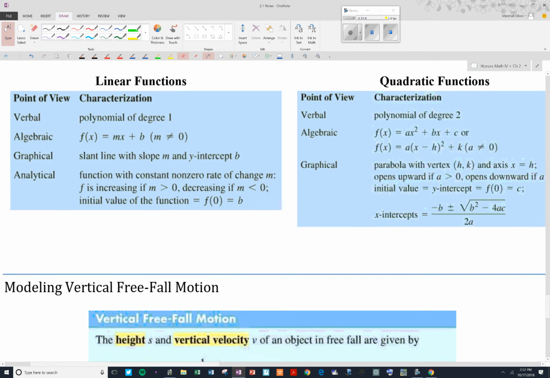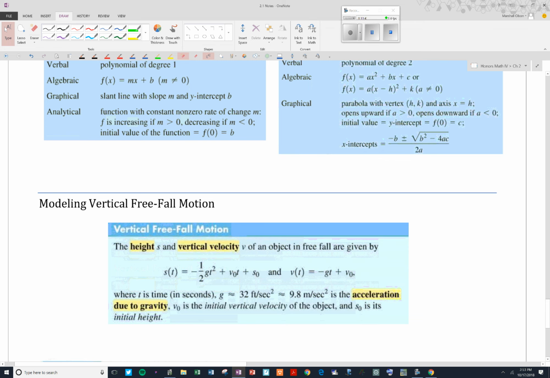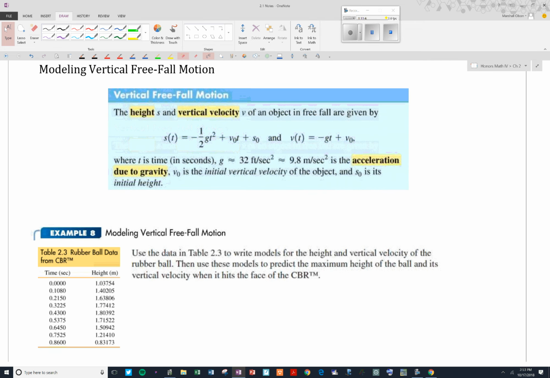On the back side here, I just put a couple things from our textbook that you should know. One thing that we haven't done any examples with in this section is the quadratic formula. You probably should know that at this point in time, but just some resources for you. The last thing that we have here is a reminder of